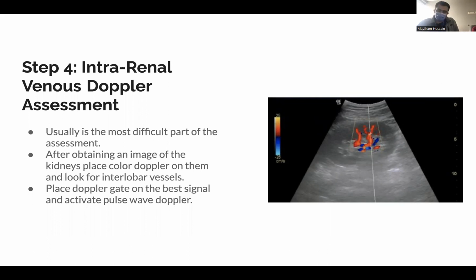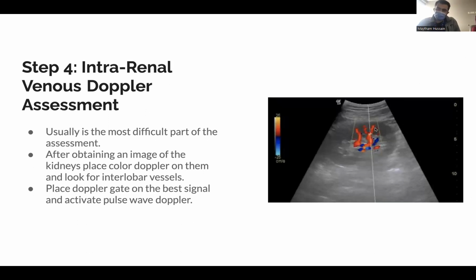Once you do that, it's generally better to have the probe marker facing towards 3 o'clock, so you get the kidney in this position. And then you can put color Doppler on it to try and visualize the intralobar vessels. Here it's difficult to make a distinction between what's flowing towards and what's flowing away from the probe. And generally, we need to turn down the scale of the color Doppler